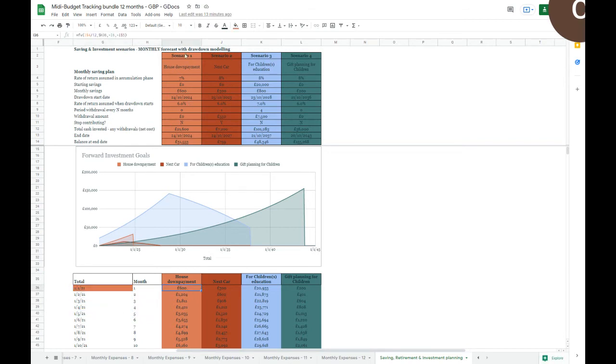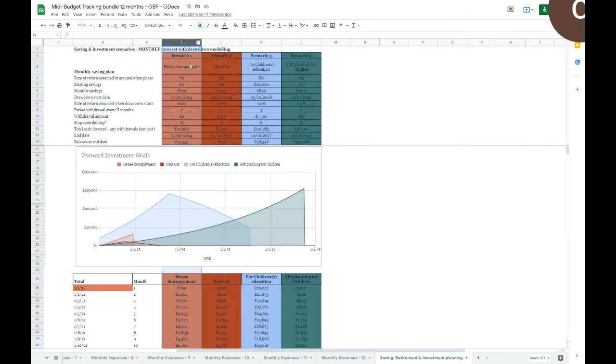So what we've got here are typical scenarios you might use this for over a few years to pre-retirement, sort of 10-15 year windows. So in this case, you've got saving for a house down payment, saving for a next car, saving for children's education, and using starting early and investing to help lessen the total burden of that cost, or just simple long-term savings to leave a gift to your children, to buy something in the future for your retirement, to pass on your inheritance, whatever it may be.